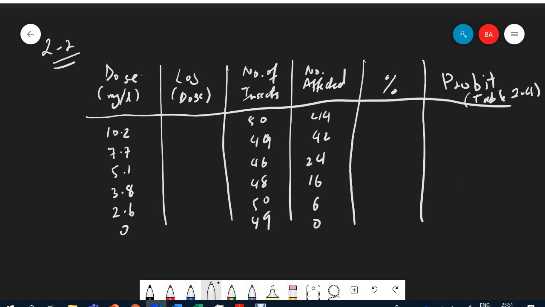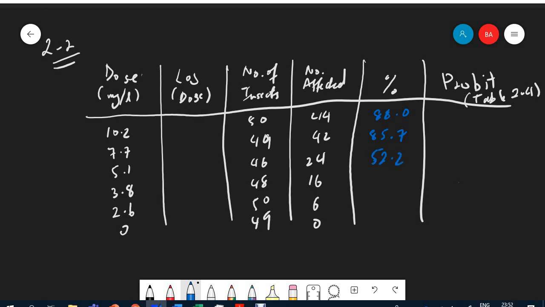So everything now is given. And now for the calculation, we are just dividing 44 by 50. So that is 44 divided by 50, okay? This is what we are doing here, and we are getting 88%. And here we get 85.7 and